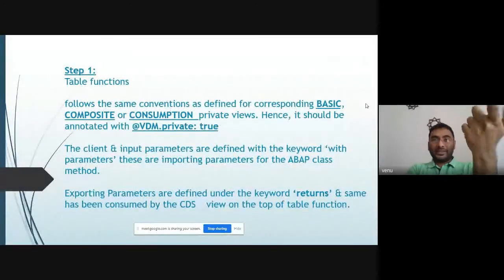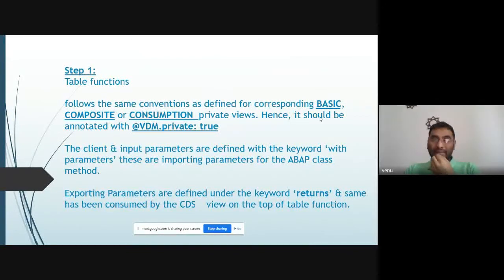Now, while creating the table functions in step 1, the class in step 2, and the views in step 3, there are basic rules that we have to follow blindly. Those are the guidelines you have to take care of while designing this. On top of it, the logic is your own, based on your business scenarios. So what are the basic thumb rules and fundamentals you have to follow?